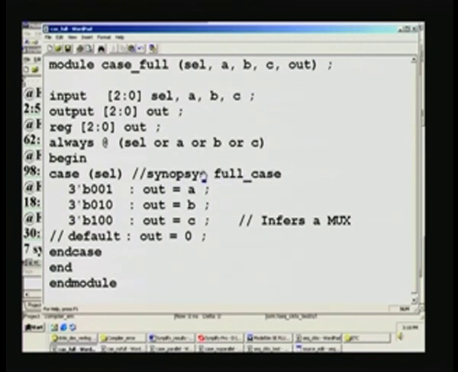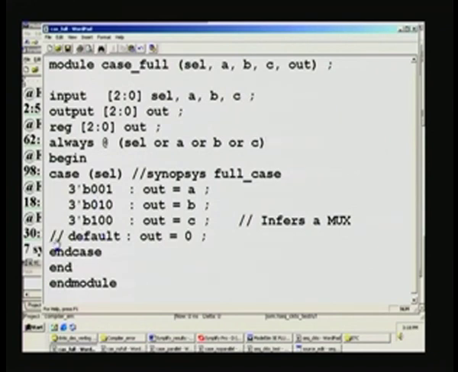So, 2 are reserved. So, what is the specific advantage in having this? We will be having a look, right. And what this code is supposed to do is simply assign A, B or C to out, right, depending upon the select pins. For example, if it is 001, so we have seen this as for one hot machine we can have like this. So, in one hot machine there will be only one entry 1, and you can see 001 only one entry, one here and one here. So, in this case